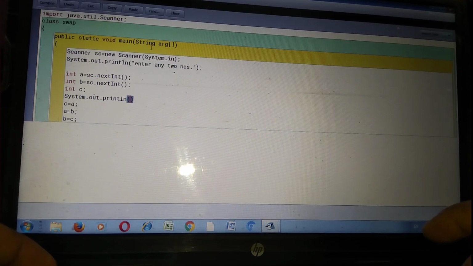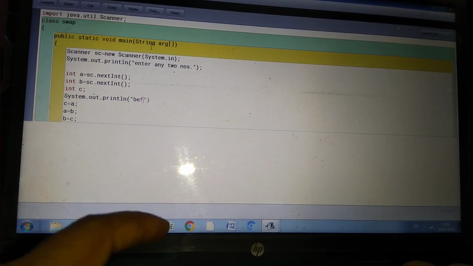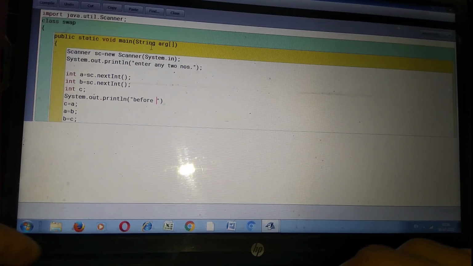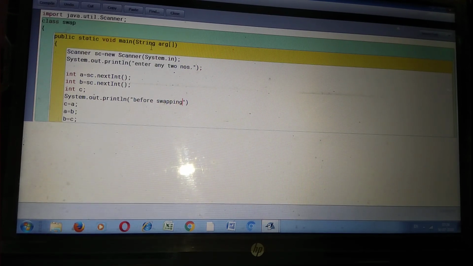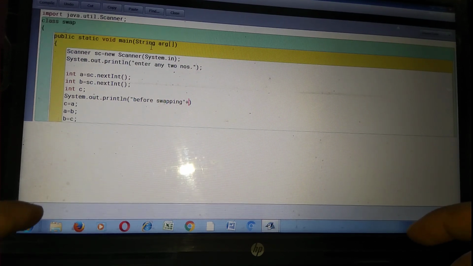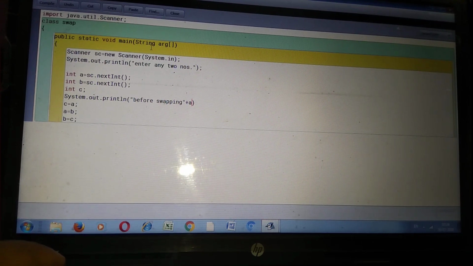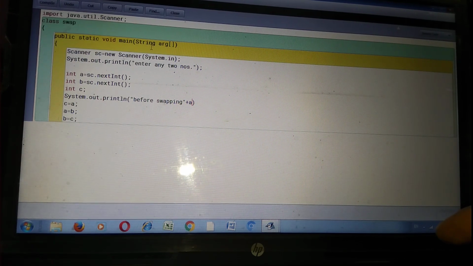System.out.println, we write here the message before swapping. The plus sign is used to join more than one statement in a single line.